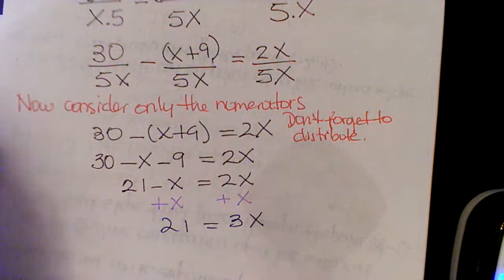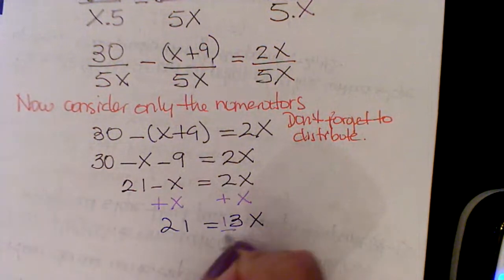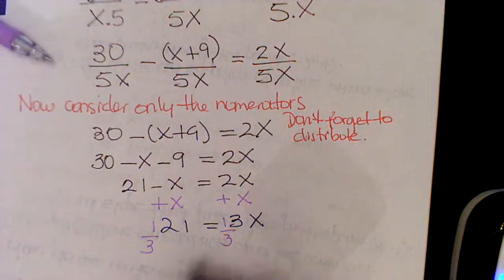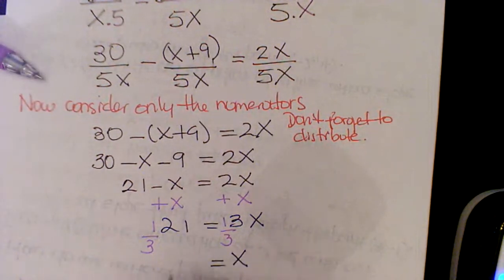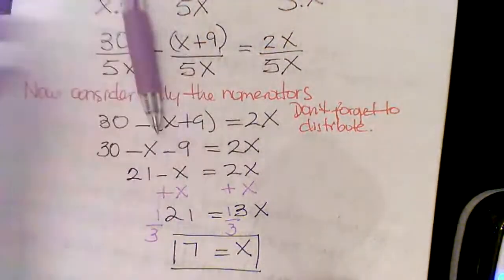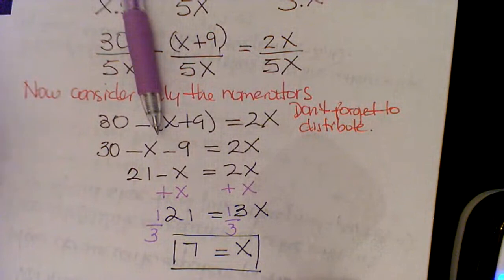3x. And I'm going to multiply by the reciprocal. So what do I get? X is equal to 7. I just found my x. So, second equation,